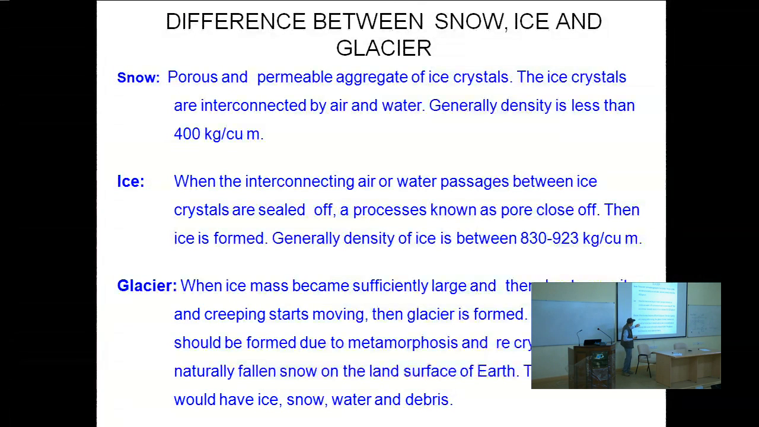That means it should be formed due to metamorphism and recrystallization of naturally fallen snow on the land surface of the earth. So that no one can say that the floating ice in the ocean is a glacier, and essentially glaciers will have ice, snow, water, and everything. We will explore this in much more detail subsequently in my lecture, but it is important for you to understand